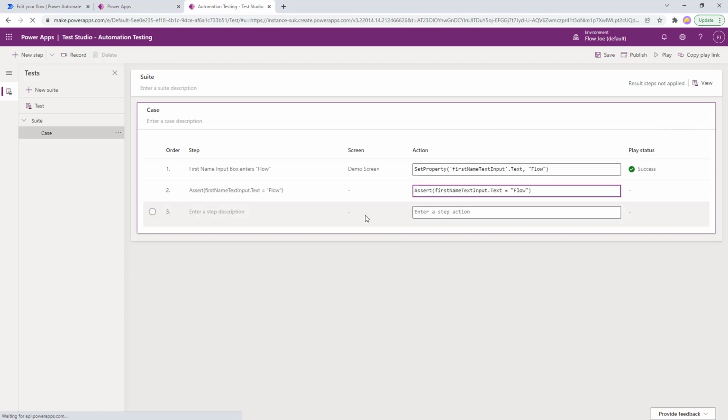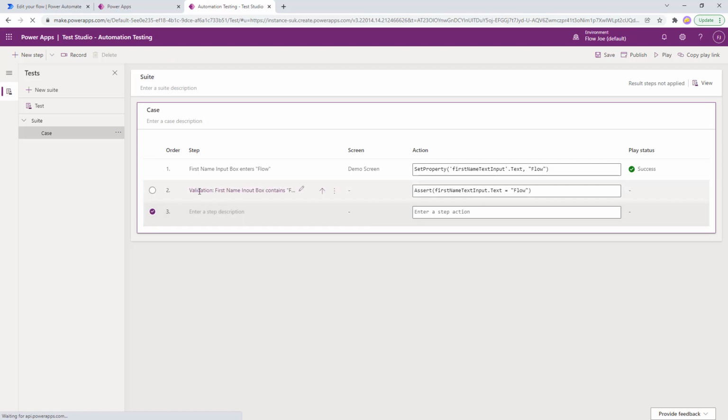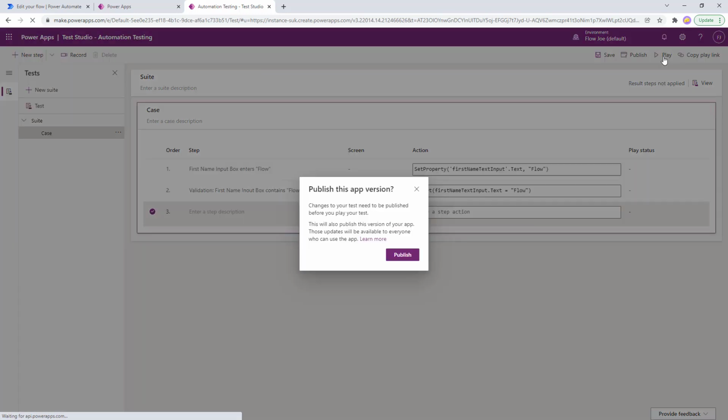So if we just click off of that, again the name's going to change, but depending on your approach to this, you can write validation and then just first name input box contains flow. So then that's easy to understand that that step there is a validation step and you are checking to see if it works. So if we hit save now, we'll hit play,